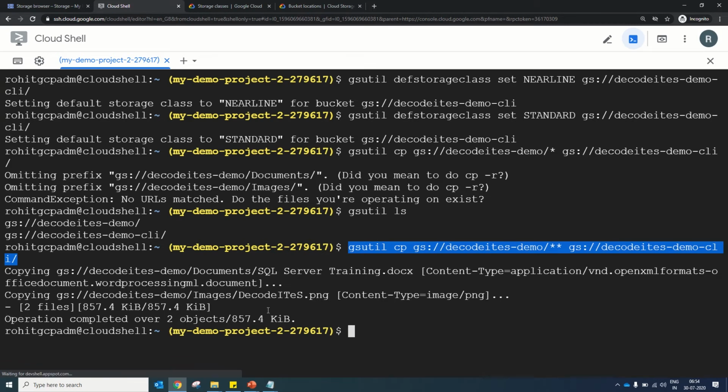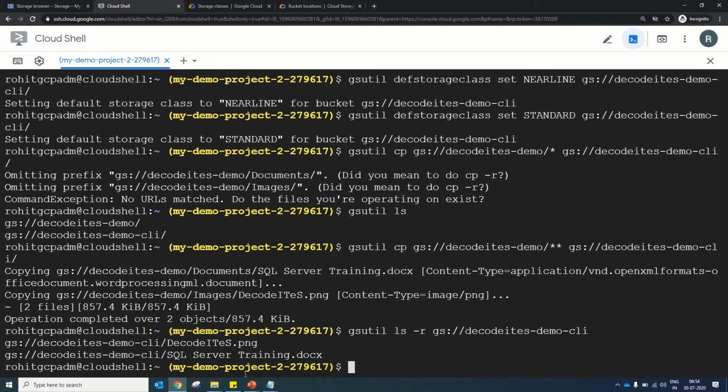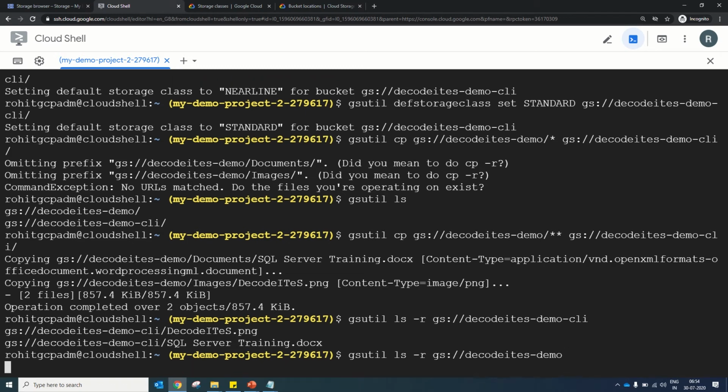Let's list those files with the gsutil ls -r command on gs://decodeits-demo-CLI, and the original bucket as well.